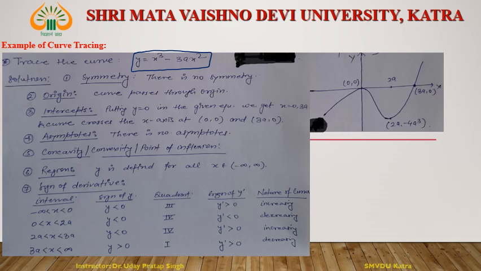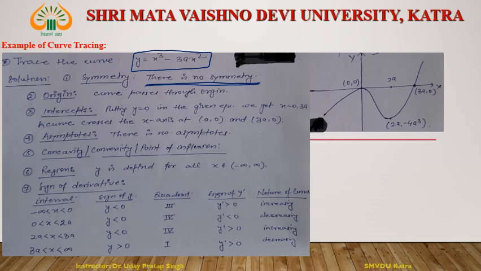Now y is equal to minus x, if we replace y is equal to minus x, then the equation of the curve is changed. Then this is not symmetric about y is equal to minus x. Okay, not symmetric about the origin also. If we replace x by minus x and y by minus y, then the equation of curve will change. Now this is not symmetric, right? There is no symmetry.